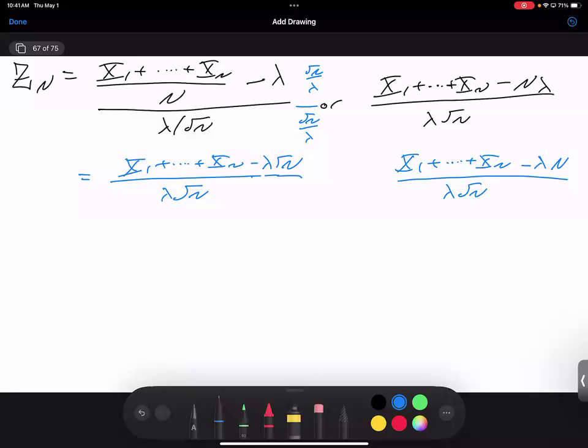All right, so have I made a mistake on the right-hand side? I look at the sum of the x's, I subtract n times the mean, and then the variance is going to be n lambda squared, so the standard deviation is square root of n lambda. Okay. And then over here on the other one, I have the sample mean. The variance is going to be 1 over n squared times n lambda squared, and so it's lambda squared over n, divided by lambda squared of n. Good, square root of n cancels. Okay, good.